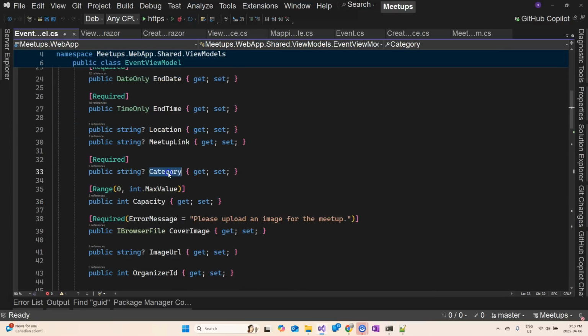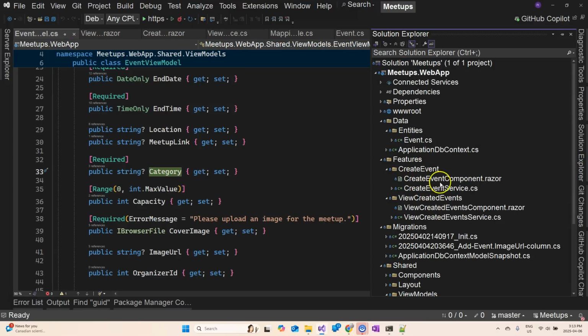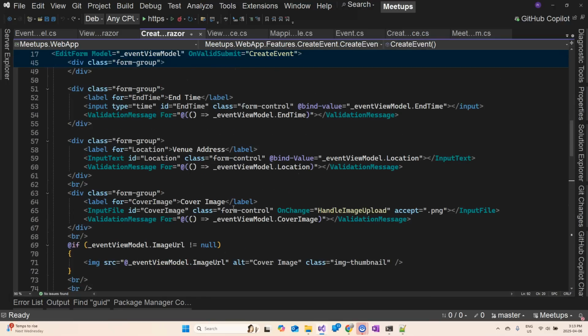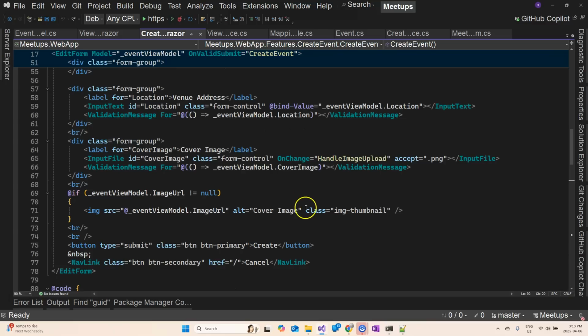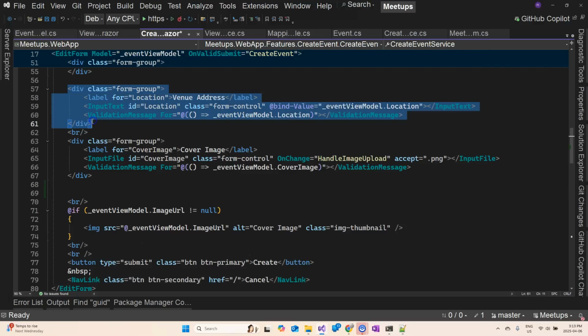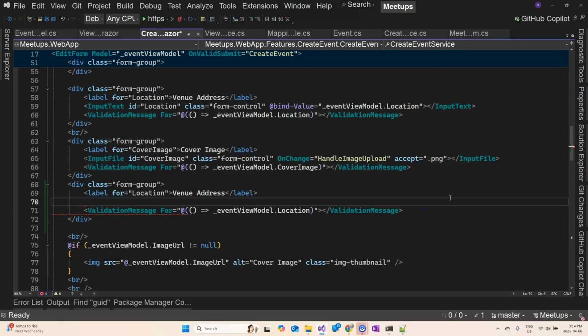So we just have a few things to take care of. First of all, let's take care of the category. Let's go to our slice, which is our create event slice, and then to the create event component over here, and scroll up to find a place where we need to place our categories. I would place it above the image, probably here. So I'm going to copy this and paste it over here. This is going to be our category, but we are not going to use the input text. We're going to use a select element,